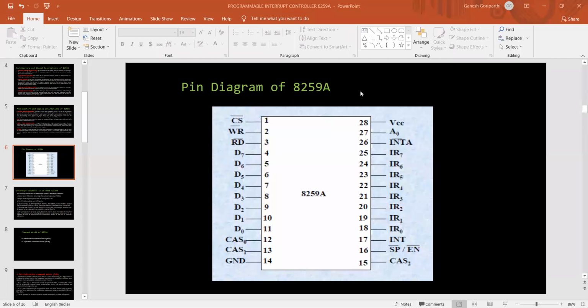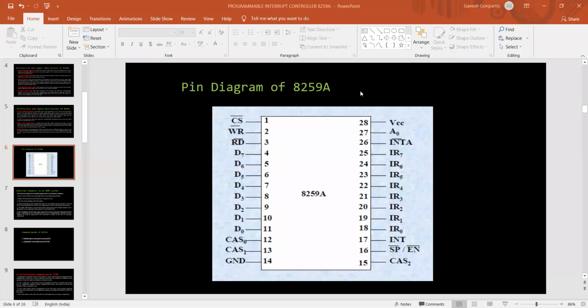So, yes, we were discussing the 8259. We just started in the last class, which is nothing but the programmable interrupt controller or priority interrupt controller, if we call it by both names. In the previous class, we saw what an interrupt was and the necessity of this 8259, and how it performs the interrupt process. Hope that introduction part is clear to you.